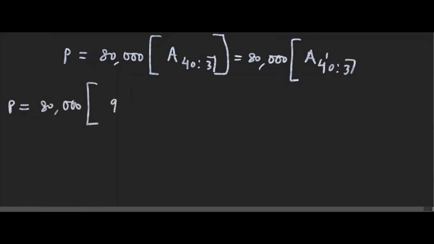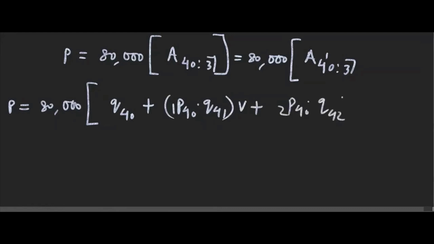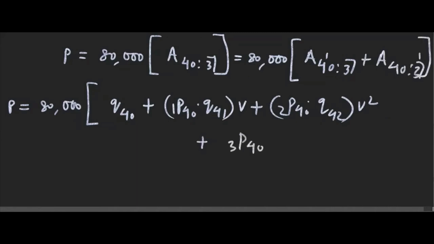A43, that is Q40 plus P41, the first one, Q41 V plus P42 Q42 V square. These are the term, and there is a last one, endowment, A43 1 here. For that you need to write P43